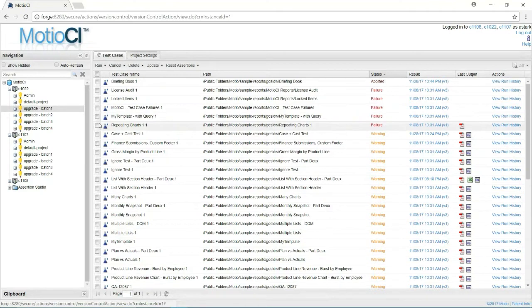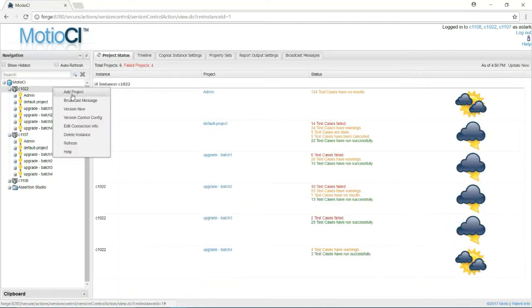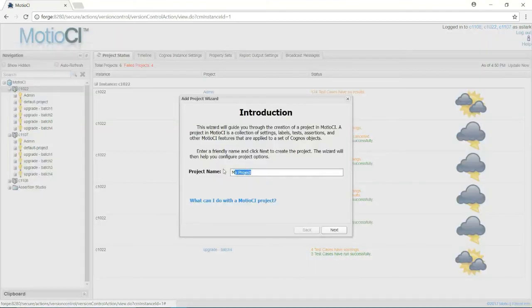So what we're going to do, getting back to our methodology, is first create a test project in the 10.2.2 instance. And what we recommend is that you identify batches of content that you can test that are related. Ideally, you want no more than 500 reports in a batch. Typically, keep them to something that is a manageable size. We're going to do batch 5 here,